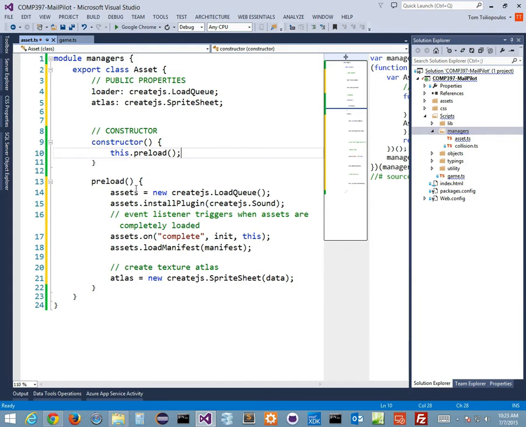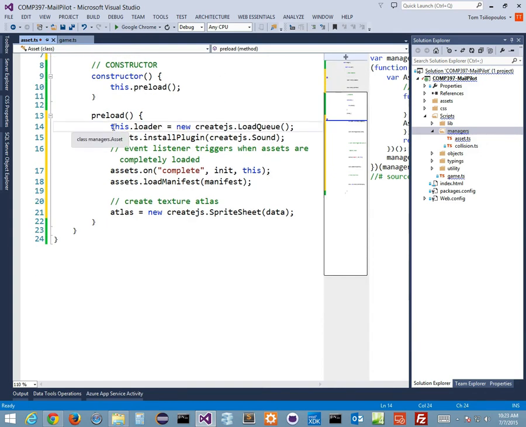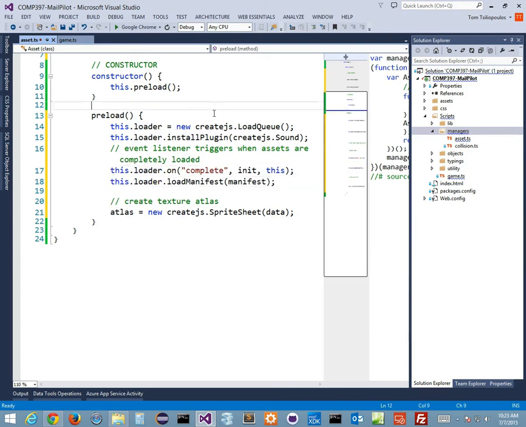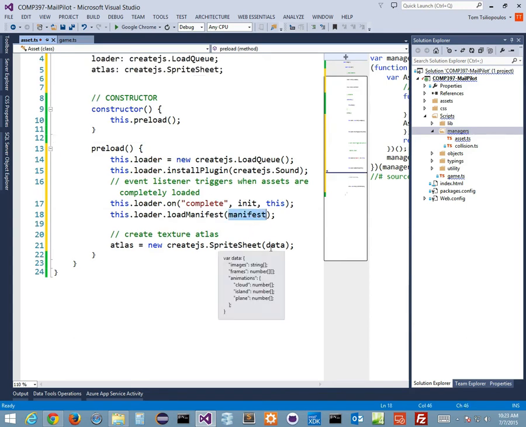So in my assets now, it's going to be this.loader. That's what I want to put in here. So this.loader, right? And I'll do the same thing for here. This.loader, this.loader, this.loader. Okay, cool. All right, I have a manifest that I'm loading and data that I'm